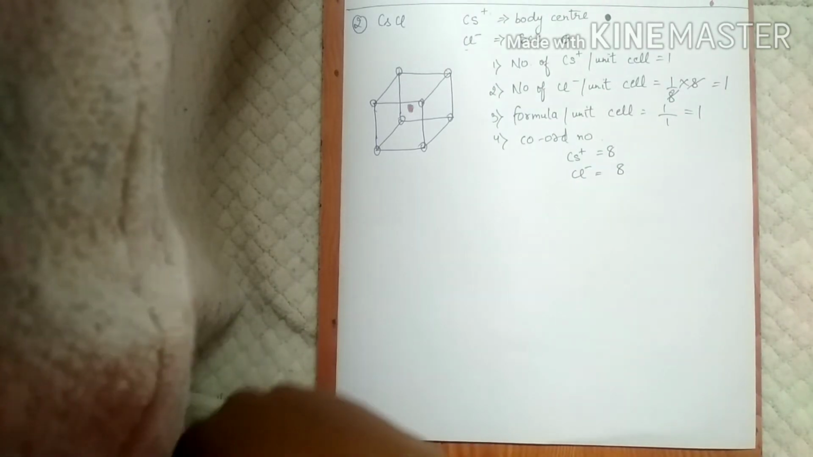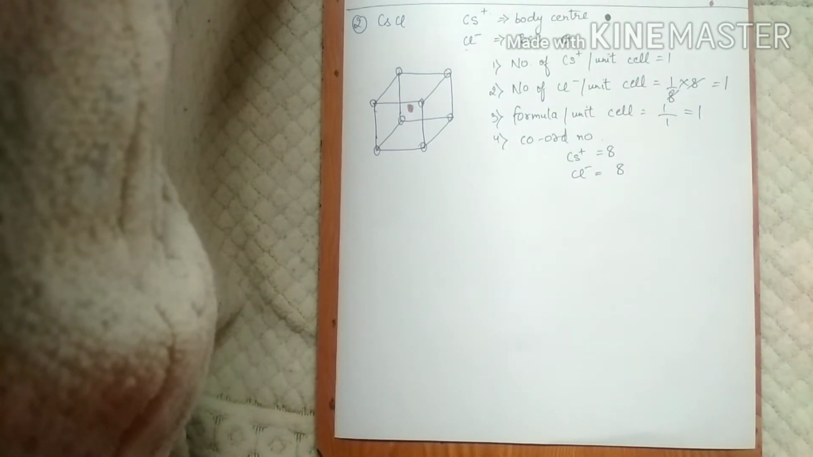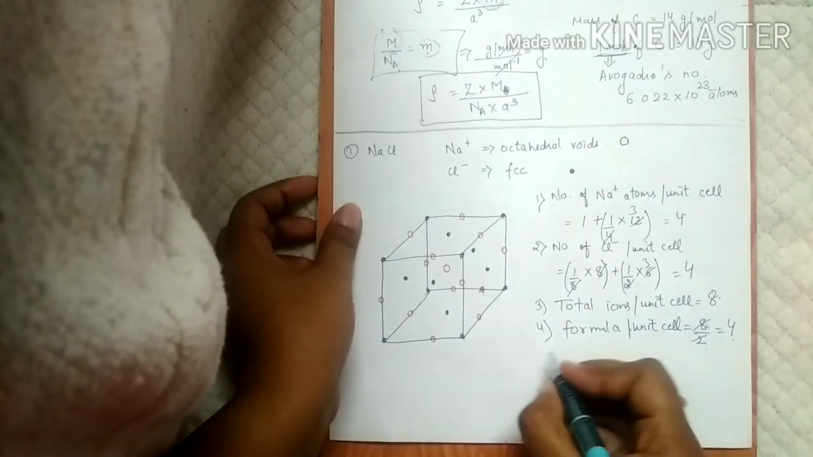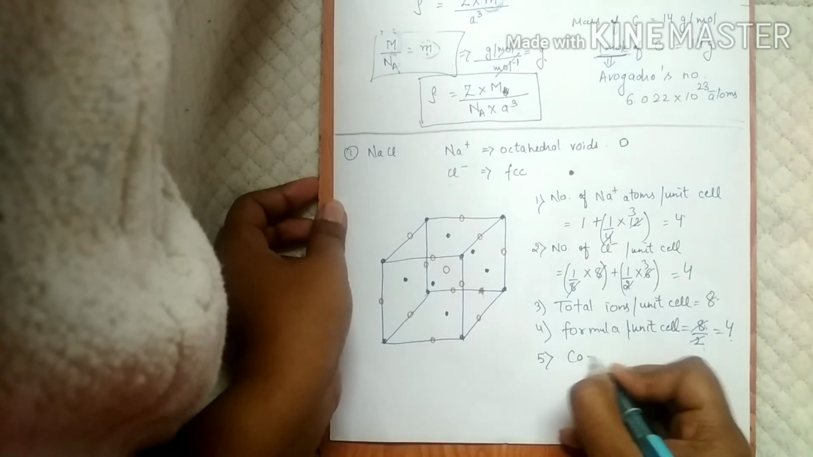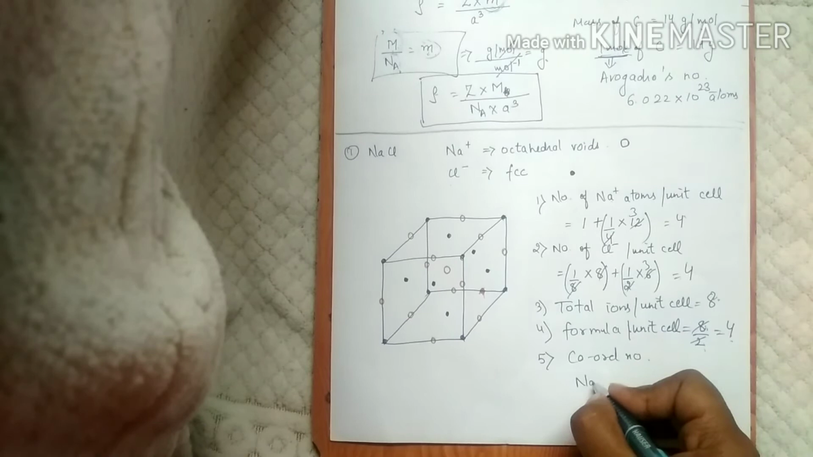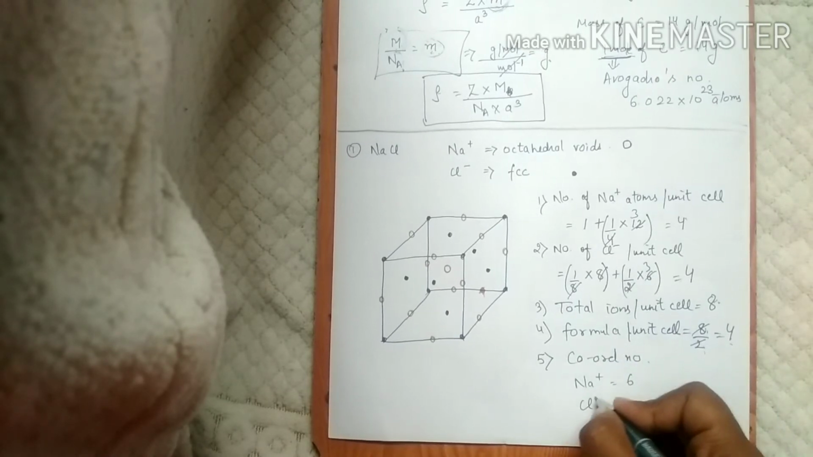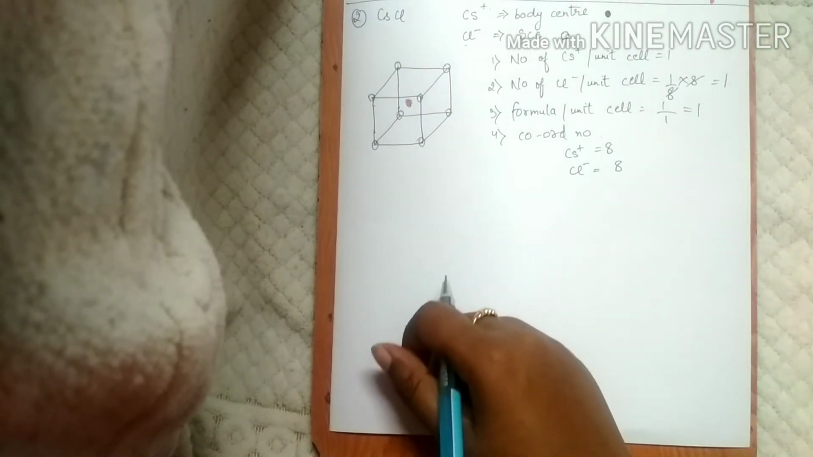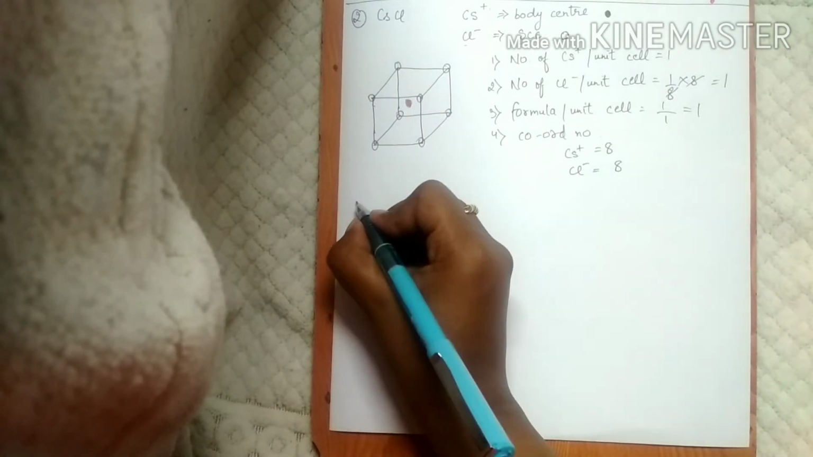Okay, in case of NaCl we have not discussed coordination number. So in case of NaCl, the coordination number of Na positive is 6 and Cl negative is also 6. Okay, now we'll move on to the third case,